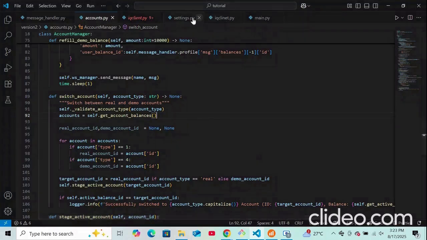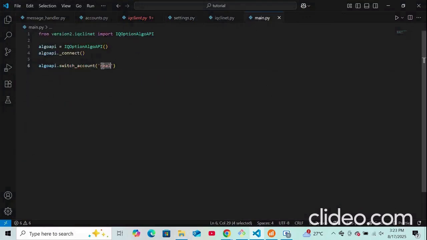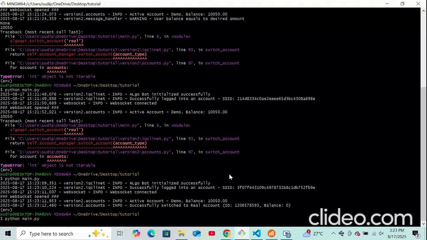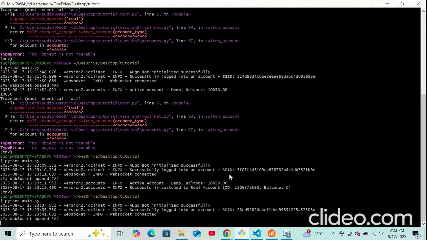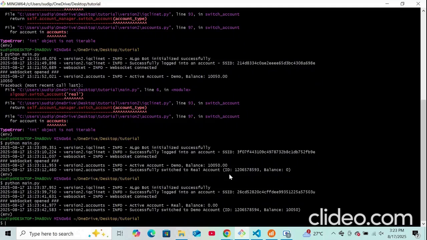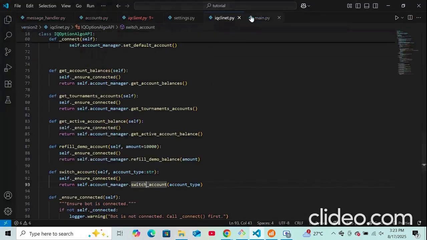Now let's change this to real account. Okay, and then let's do demo, and let's see what we are going to get. Is it going to say successfully switched to demo account and ID and balance? Yes, successfully switched to demo account ID ending with 94 and balance 10,050. Okay, so